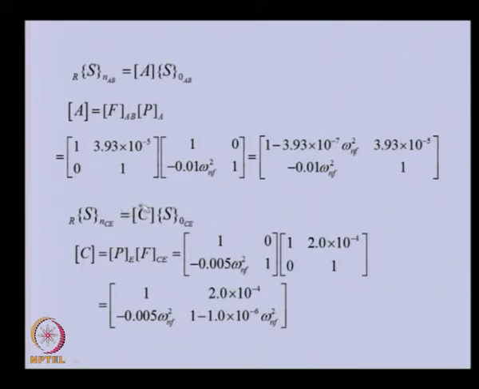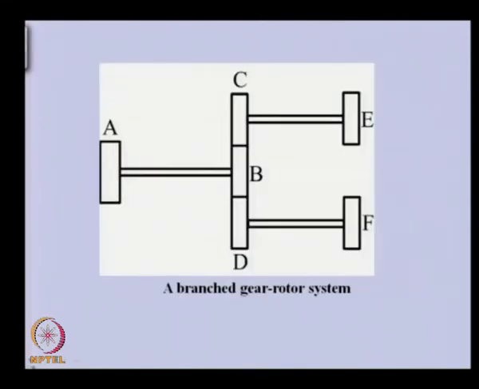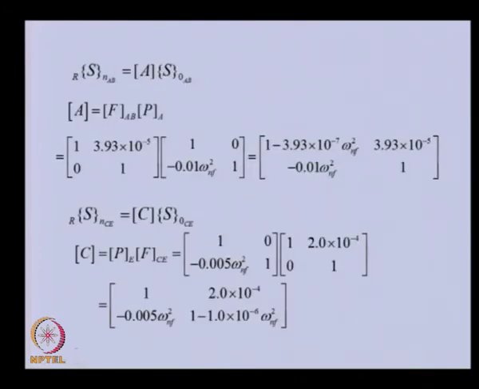Similarly, for this particular shaft, the third one here, this particular shaft segment. So, this is the state vector at the right of that particular shaft segment. This is the overall transfer matrix for that branch. In this also we have only a point and a field matrix, because we are not considering the inertia of the gear, and they can be obtained. So, for that particular branch, this is the overall transfer matrix, second branch.